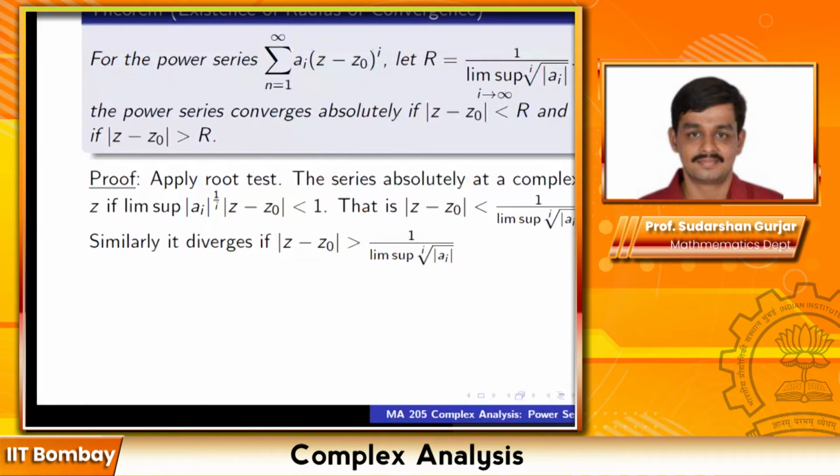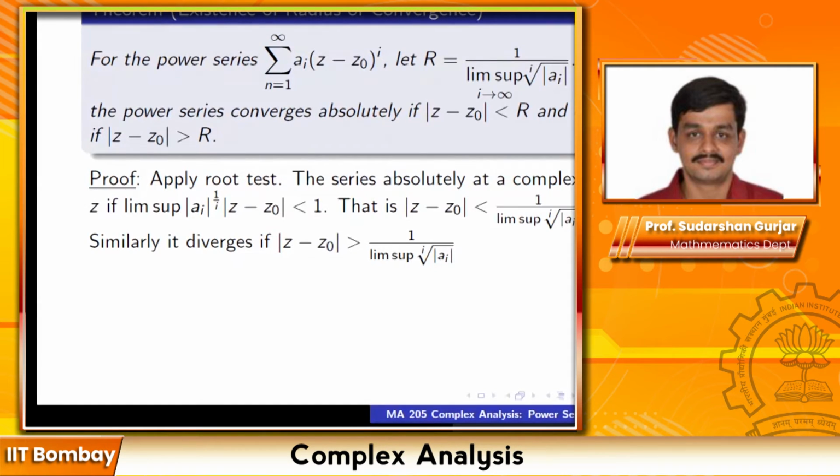I'm saying instead of lim sup, can we directly put supremum? No, I mean supremum of, see, remember, the series converging or not converging at a complex number, you can always ignore finitely many terms. Finitely many terms don't make any difference, right? But if you're only interested in taking supremum and not lim sup, then the supremum is sensitive to the first few terms as well. So you're not going to get the right answer.